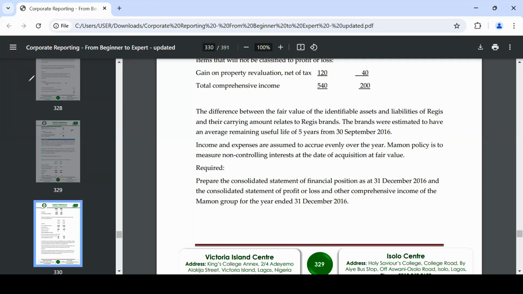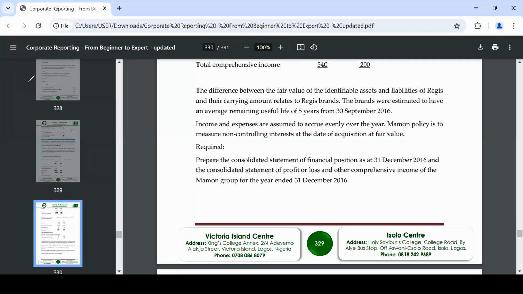And that is when you get to, I don't know if you've done IAS 38 with Mr. Wasil, I'm sure he's going to delve into why it has to be in a separate transaction, because if care is not taken, every company will just say we have brand, we have goodwill, all those intangible assets, you just see them there. And meanwhile, nobody is willing to pay even 1 naira for that asset. So why should it be in your books? But now, in this case, this brand needs to be consolidated. And we're going to see how it is going to be done when we get to the solution.